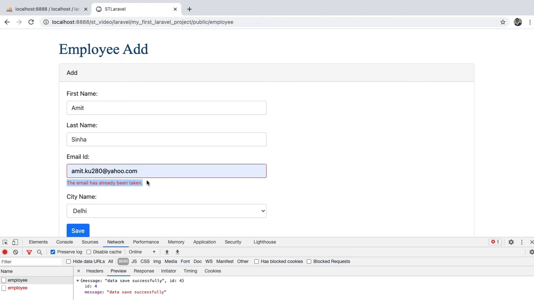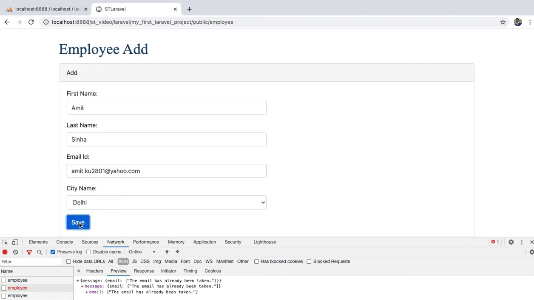So in the table we can't insert the same email ID. This error I got from the backend side and not from the front end function. So this is pretty cool. If I change something else and then insert, data is inserted successfully.